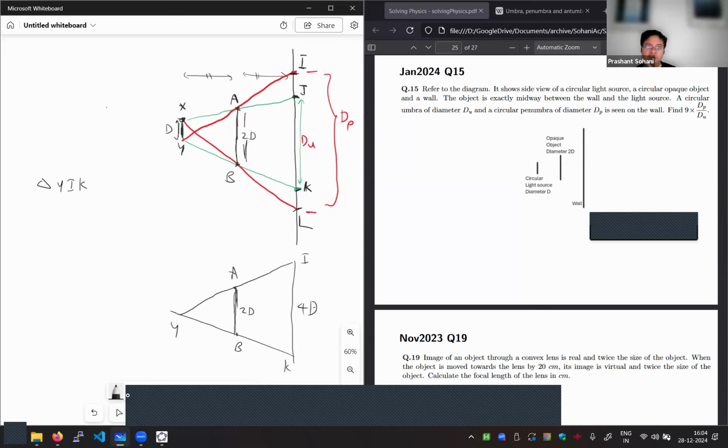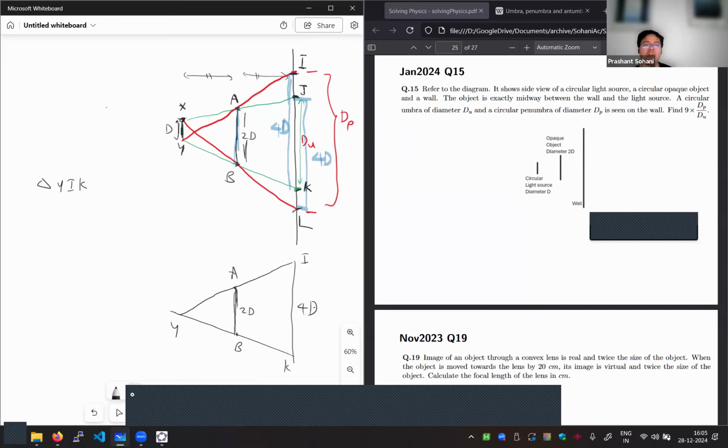Correct? I hope everybody is following this. So therefore, in my original diagram, let me mark this IK as 4D. And the same thing I did from Y, I can do from X also. If you look from X, XAJ, A is the midpoint, and XBL, B is the midpoint. So this AB will also be half of the length of JL. So therefore, this JL is also of length 4D. And then finally,